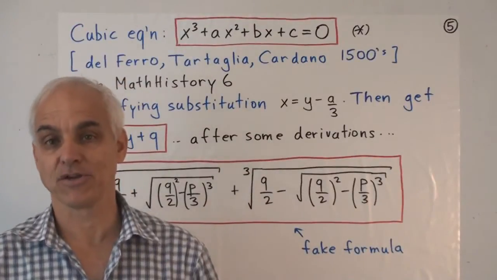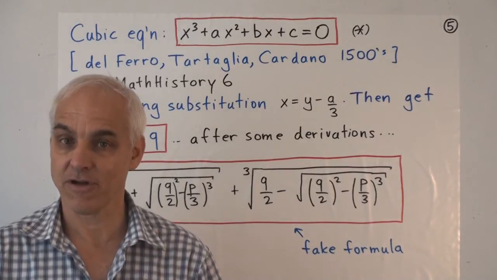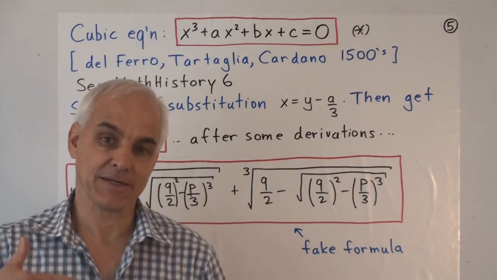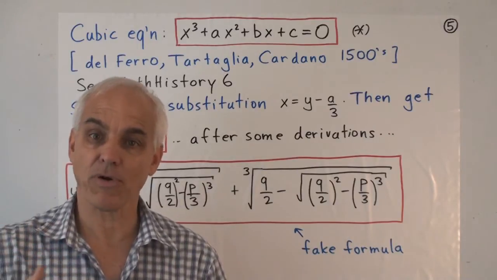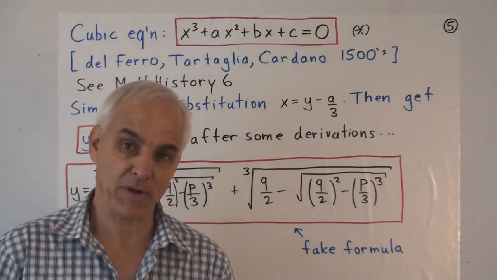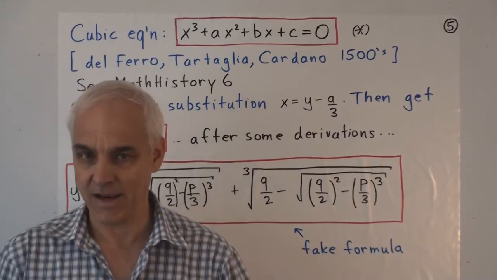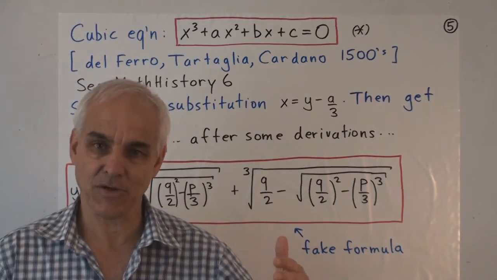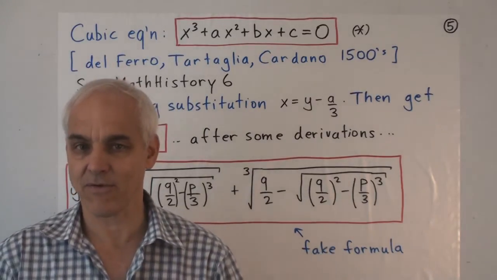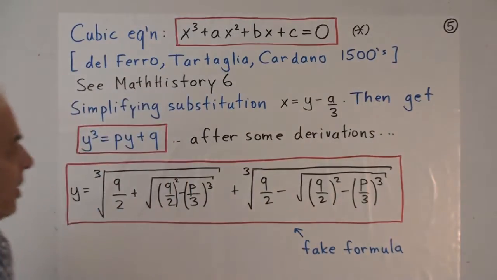So now let's have a look at cubic equations, which is an interesting chapter of mathematics and started really a whole important trend in algebra. Even though the actual cubic equation that I'm just about to show you turned out to be something of a dead end. It didn't actually lead to the breakthroughs that its discoverers had hoped. So, what's going on here?